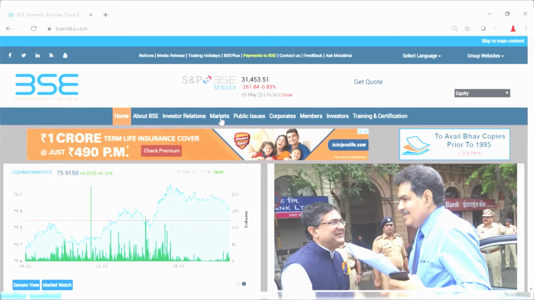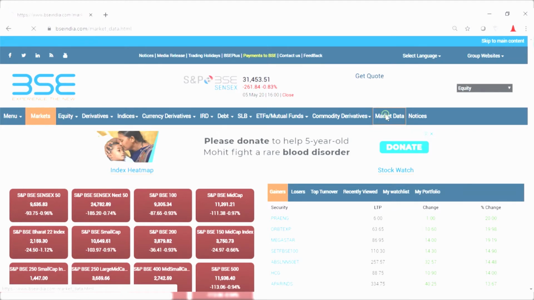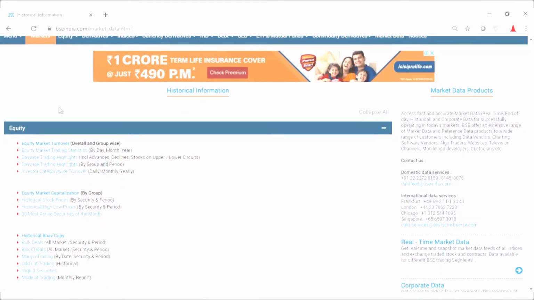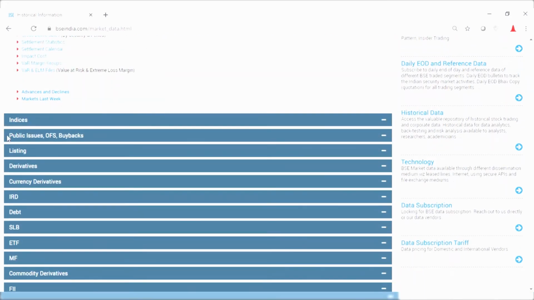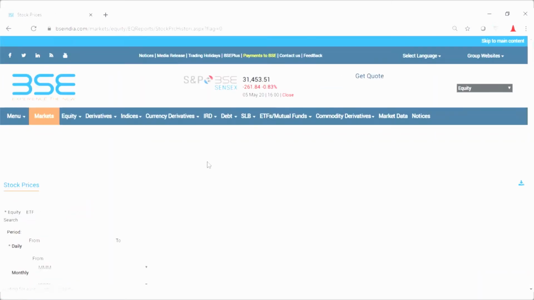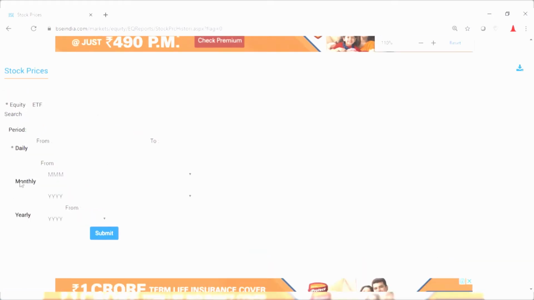To do this, we click markets and then market data, and you have a lot of historical information here about equity, indices, public issues, listing, derivatives, etc. We are interested in the historical stock prices of Maruti Suzuki, so we click it, and we've decided to have monthly prices, so I click monthly.